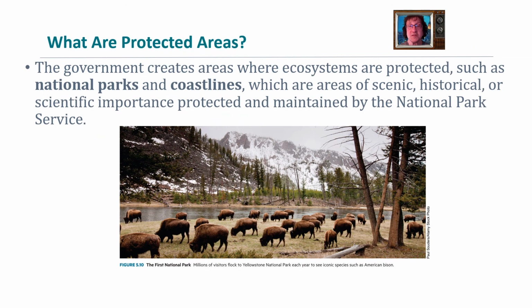So one way our country approached ecosystem services, and this goes back to Teddy Roosevelt, early 1900s, we as a country enacted national parks and coastlines. Today we even have protected coastlines. A lot of this was done not really to prevent us from using nature. It allows us to use nature in a prudent way, that whatever we use, we somehow put back, or we accommodate, or we're careful how we use it.